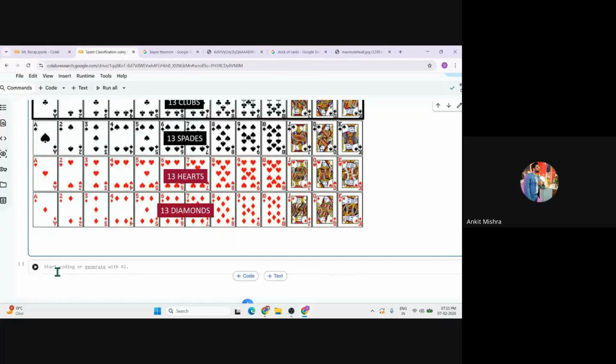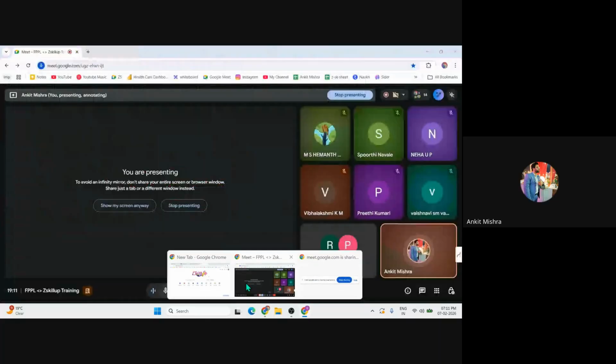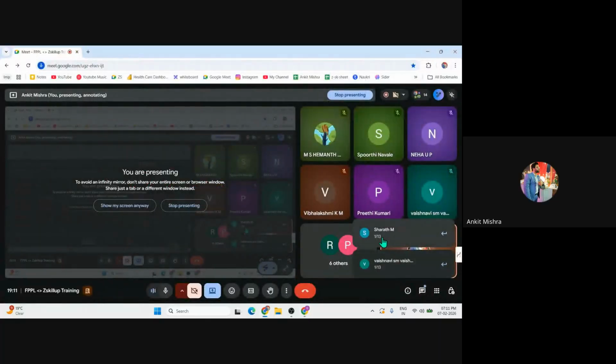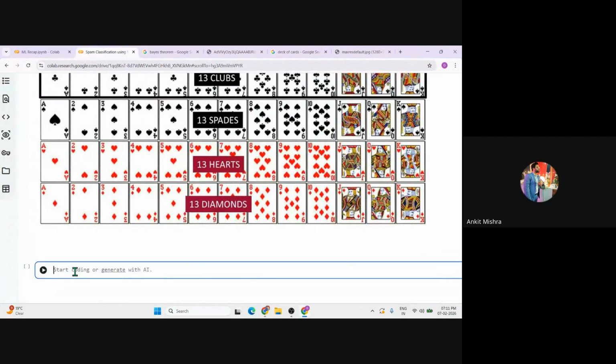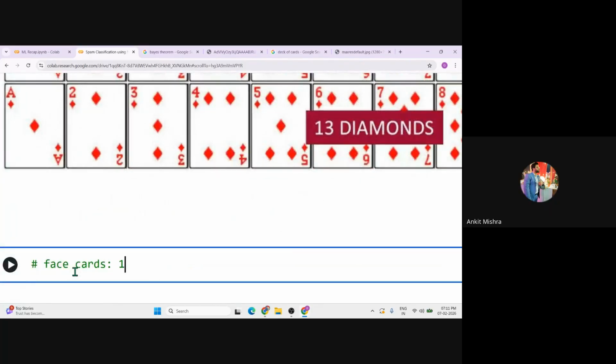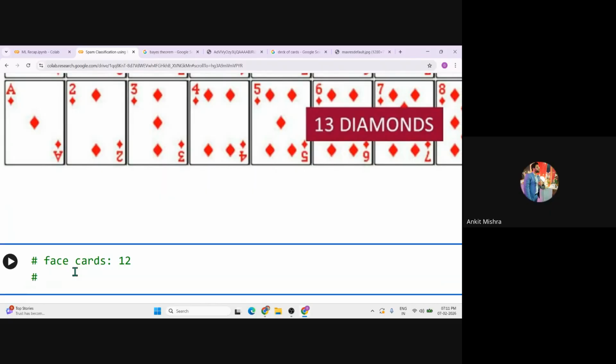Let me explain. I got some answers, like 1 by 13. You have directly given this answer, 1 by 13. Let me break this down. We have 4 king cards. First of all, we have face cards: 12 face cards, and among these 12 face cards we have 4 king cards.